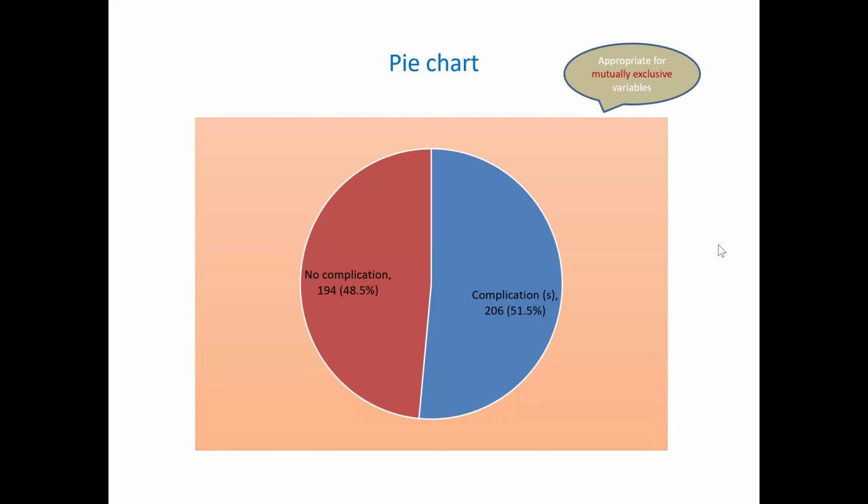Here we have two possible values. This is for a group of people you studied that have diabetes, with or without complication. The red section is the people with no complication, and this one is complication. So you can see 51.5% have complication, 48.5% do not have complication. You just show it in a pie chart like that. If there are three categories, there will be three sectors. So this type of chart is used in a situation when you have mutually exclusive